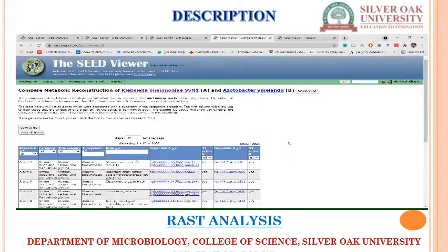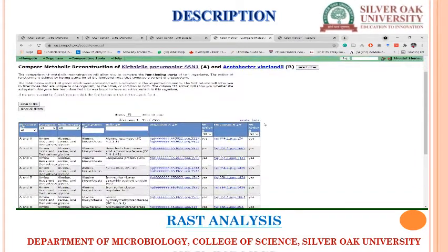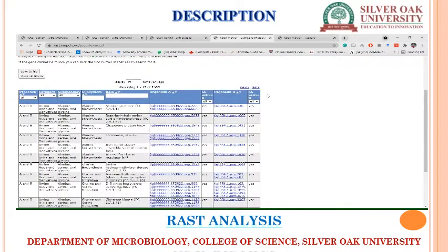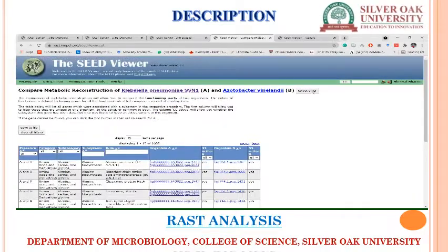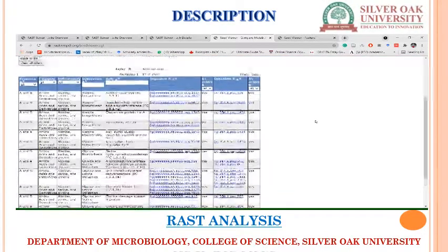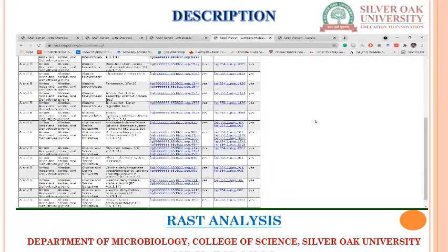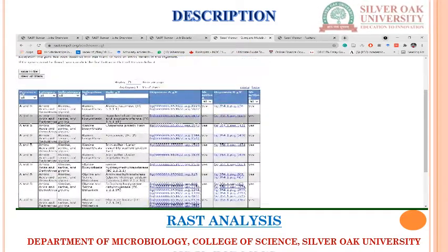Okay, so here A is the name of the bacteria. Organism A is our bacteria, and organism B is the bacteria Vinelandii, which we have selected earlier. You can also select others, but I guess we will keep it up to two for now. So suppose here are the presence of both A and B categories.